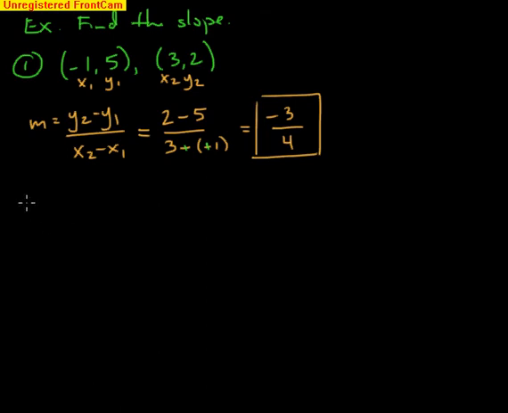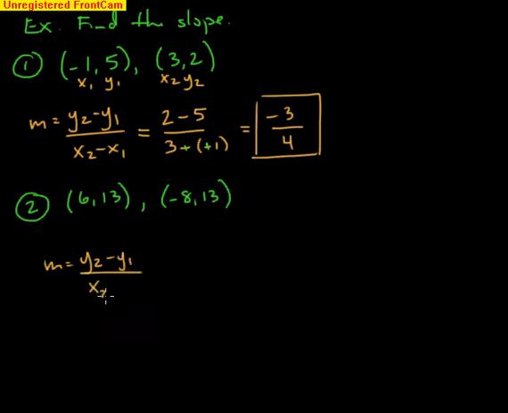Let's do a second example. Okay, let's try this one. Let's try 6/13, and let's try negative 8/13. Okay, so we'll go ahead and do the slope formula again. M equals y2 minus y1 over x2 minus x1. Label your points x1, y1,